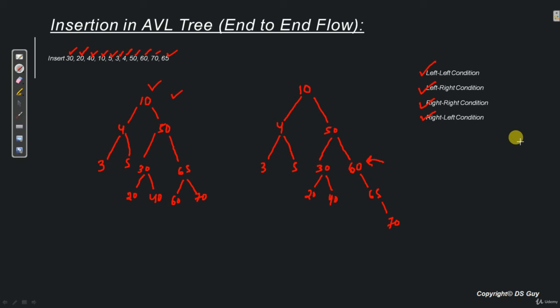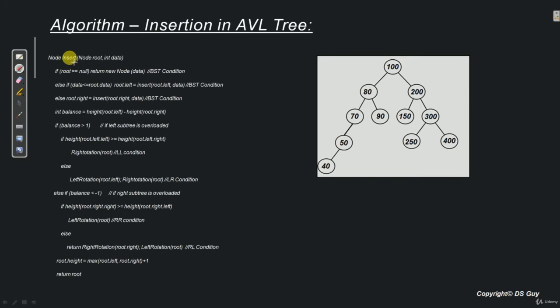So now let's see what the algorithm for this operation looks like. The name of the method is node insert. It takes the root node and the data that needs to be inserted. So here we have the typical binary search tree condition that we have seen in case of insertion in a binary search tree. That is, if root is null, then we create a new node and return. Else, if data is less than root data, then we go to the left, or if the data is more, then we go towards the right. So we have seen all these 3 things in binary search tree, so we'll not discuss them again.